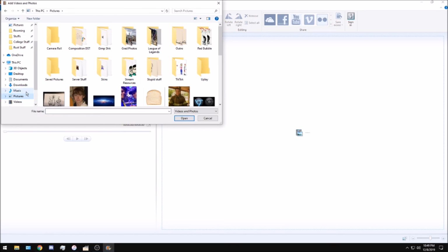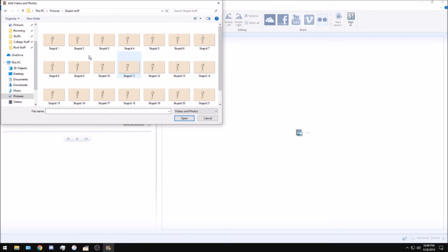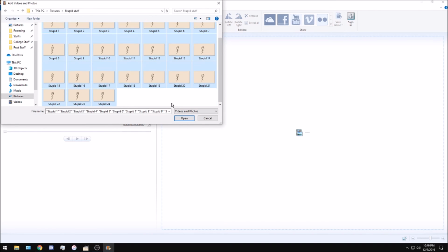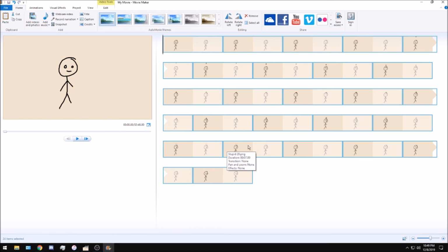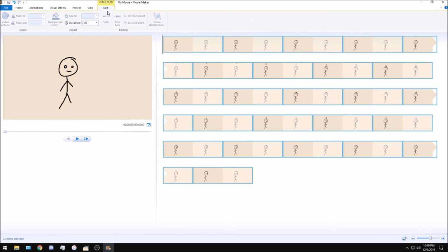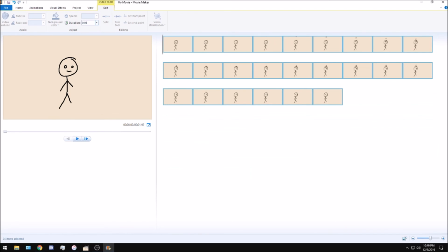You go pictures. Oh, it's here. And you hit Control A, and then you hit Open. And you hit Video Tools, and then 0.08 seconds. That'll give us 12 frames per second. It's actually 0.083, but we can't go that precise. And then we